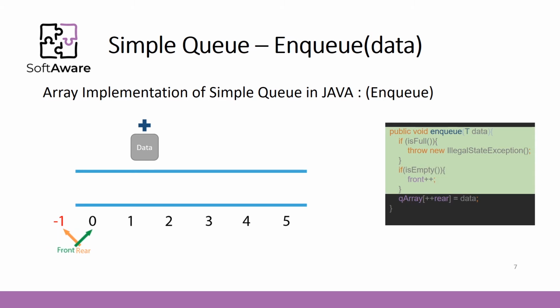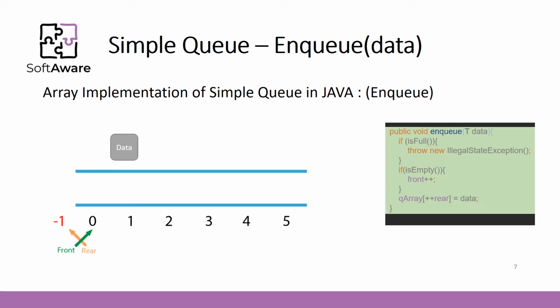In the second if statement, we check if our array is empty. As we know, isEmpty checks if our array doesn't consist of any data. In this case, it will return true and will increment the front value by 1. After the check, we increment the rear by 1